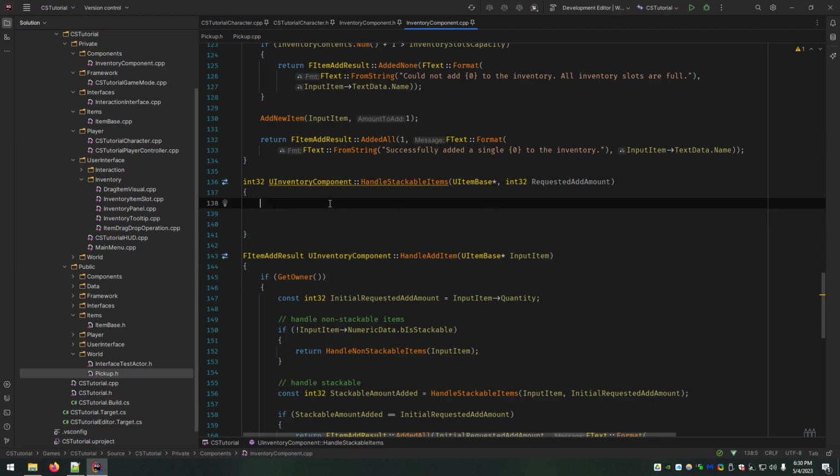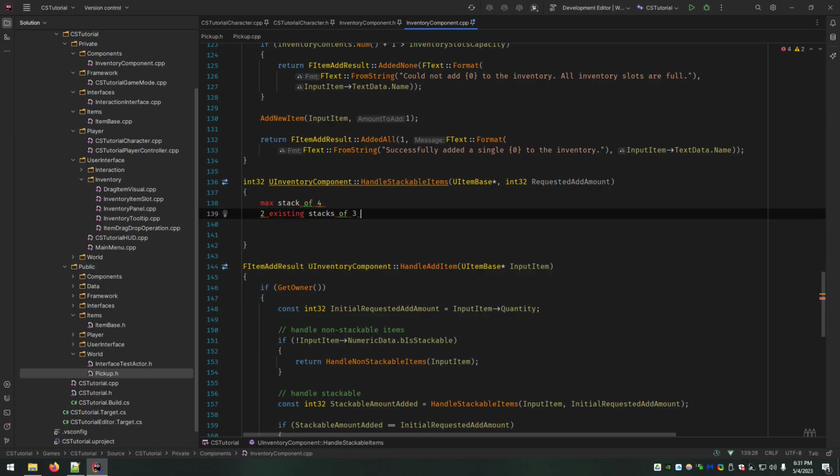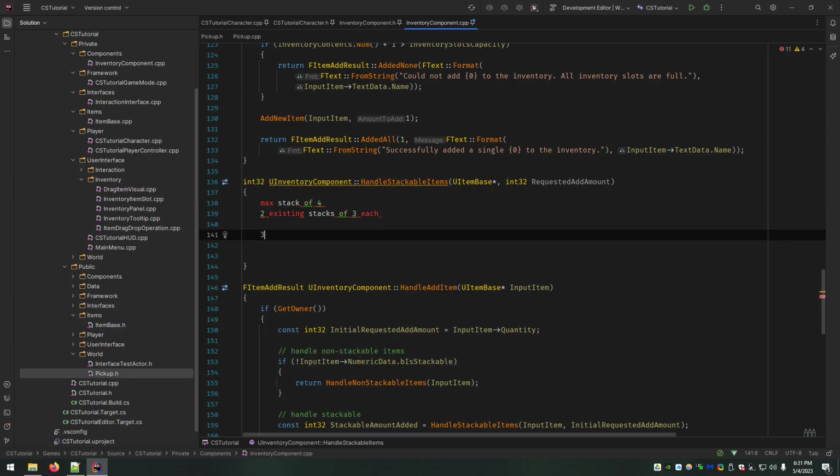The way that I chose to do this was I thought, okay, let's say we have 3 partial stacks of an item and we pick up another 2 or 3 of that. It needs to be able to iterate through and complete as many stacks as it can. So say we have a max stack of 4 and you have 2 existing stacks of 3 each, and you pick up a 3 stack on the ground.